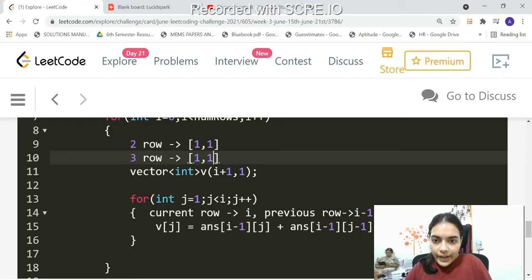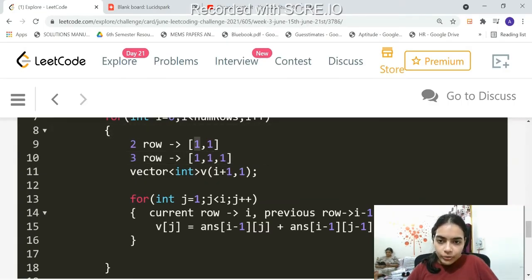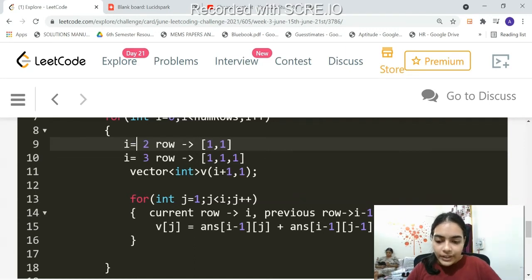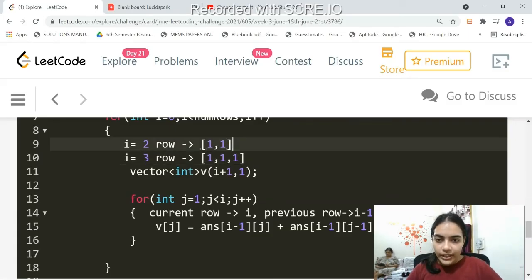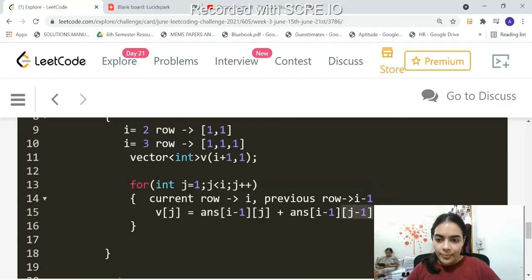For the third row, initially we have given all values as 1. Now we have to change this middle value, because the middle value should be 1 plus 1, which is 2. So how do we change that? We grab the above two boxes. How can we get the above two boxes? First of all, take the previous row. The current row is i equal to 3, right? So you take i equal to 2, that will give you the previous row. And then in the previous row, which two indices will you take? First of all, the current index, just the one above it, and the one previous to it. So that's why I have given j and j minus 1. So that's it, and let me comment this out.